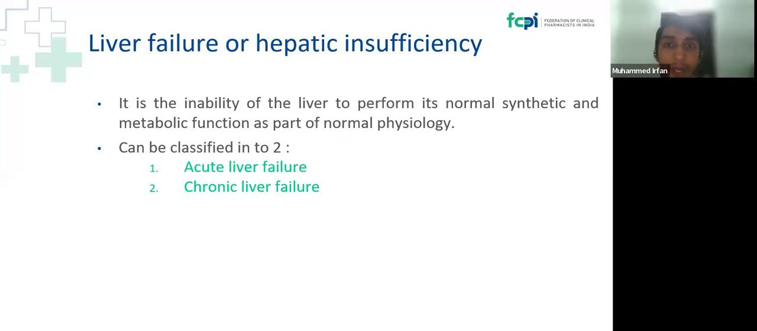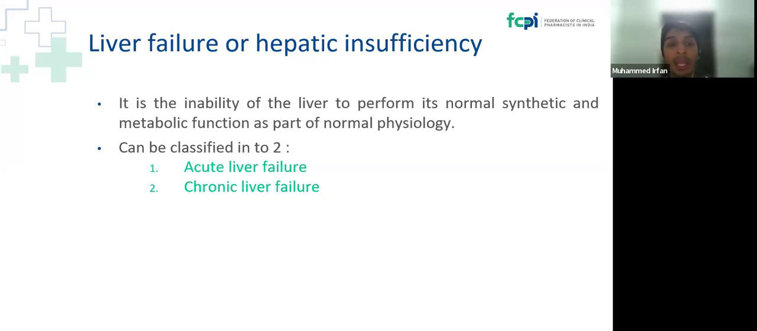Liver failure, or hepatic insufficiency, is the inability of the liver to perform its normal synthetic and metabolic function as part of normal physiology. As you all know, the main organ where drug metabolism takes place is the liver. You have studied metabolism, which is by enzymes, microsomal and non-microsomal, like cytochrome P450 1, 2, 3, and